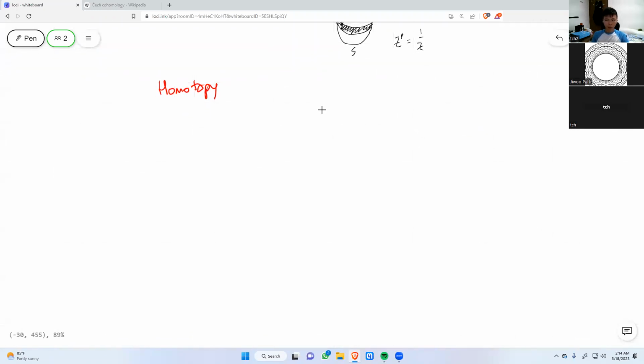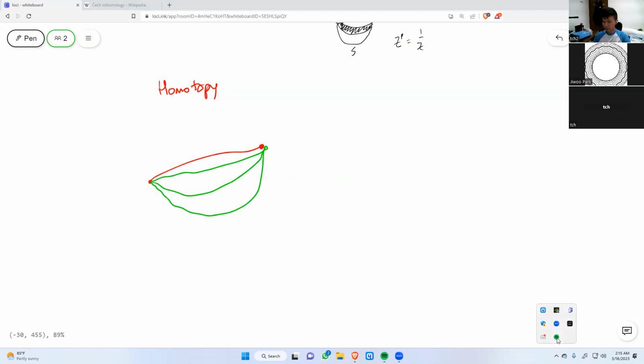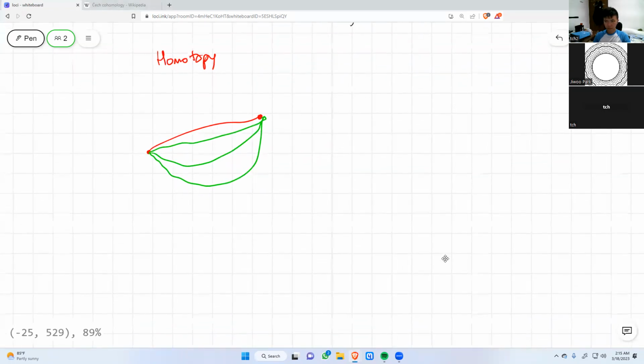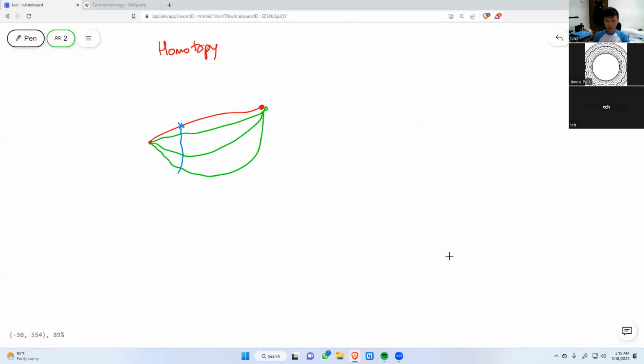I don't really know how to pronounce it, but basically, for example, if you have a curve with fixed endpoints, a homotopy is when you move this curve so that every point goes on a continuous trajectory as you move it. So two curves are said to be equivalent if you can move one curve and deform